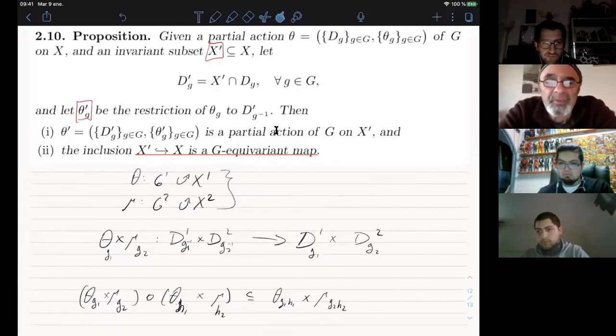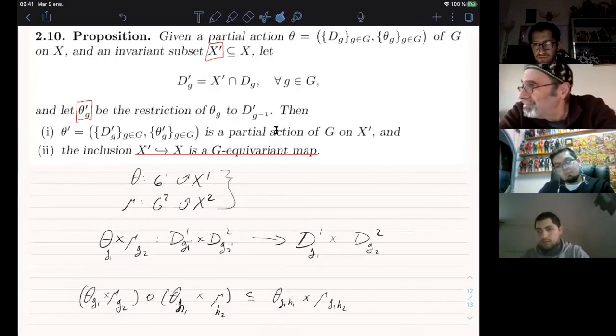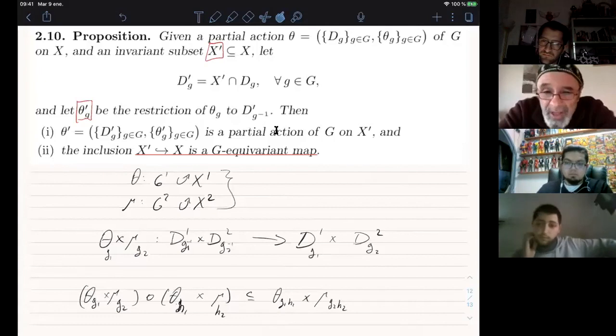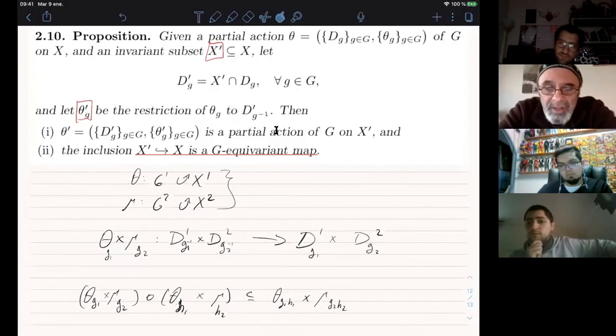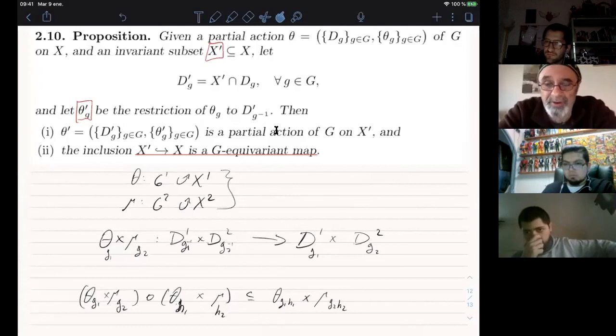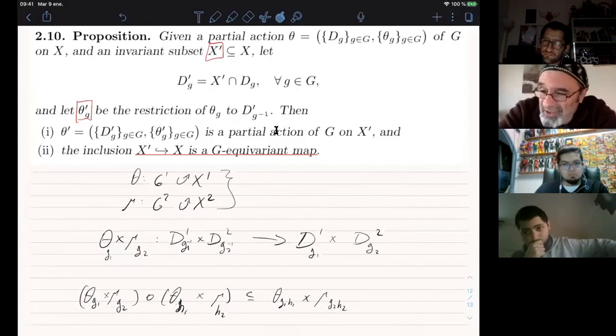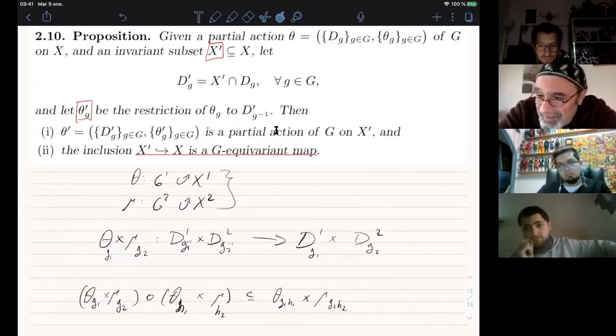Let's say that something is acting on a sphere, or another group is acting on the plane, or on something more interesting, on a higher dimensional torus, who knows? And then take any subset of the space, any one, and you will get a partial group action. The trick is that taking a non-invariant subset no longer ensures that each of the bijections you had at the beginning, because this is a classical global dynamical system,